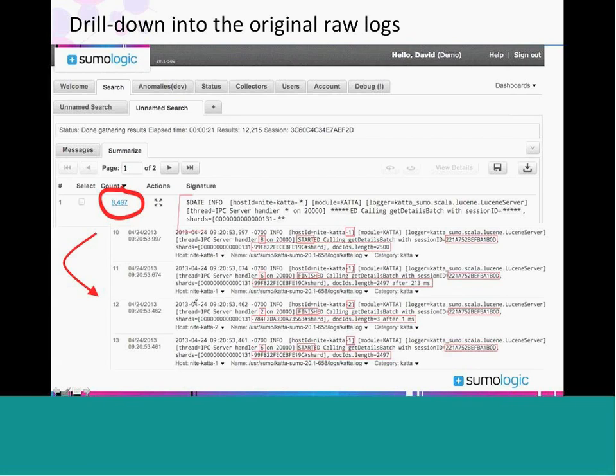And so you can see in the actual logs, there's this fixed part of the log calling get details batch, module equals kata, all this kind of stuff. And then there are the fields that change: which server handler, what session ID, what actual specific host, all this sort of stuff. So when you observe the signature, you'll see this fixed part of the message and you'll see the stars. And that tells you how this collection of logs is the same and how it is different. And when we drill down into the actual logs, we can see the particular fields that are the same and different across each log.